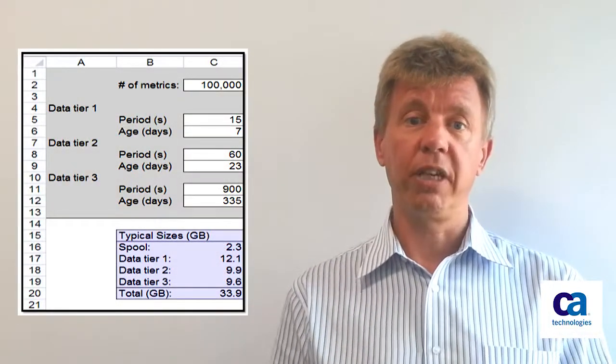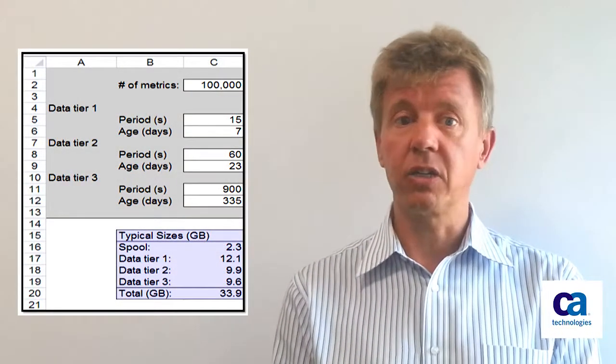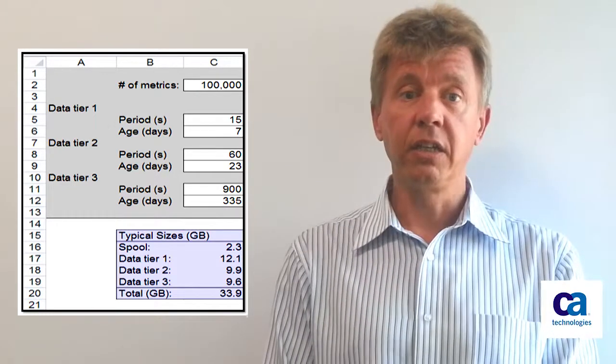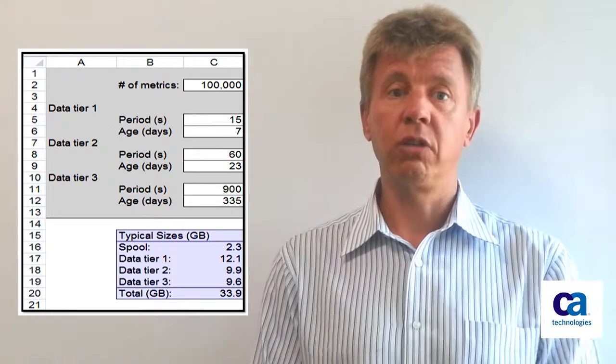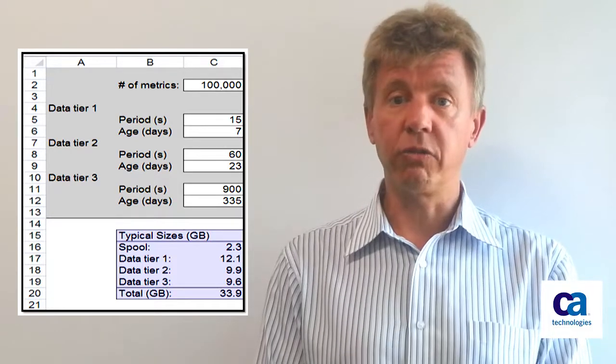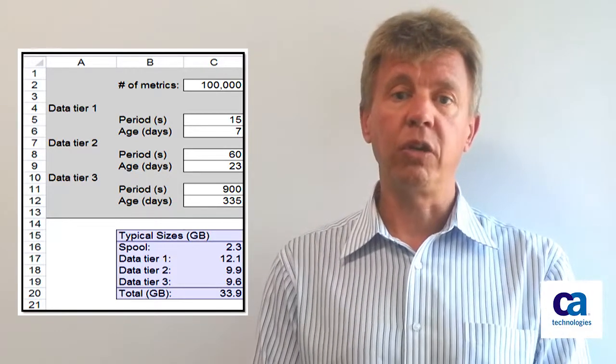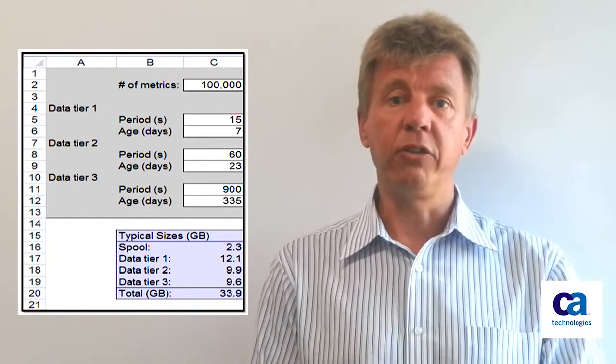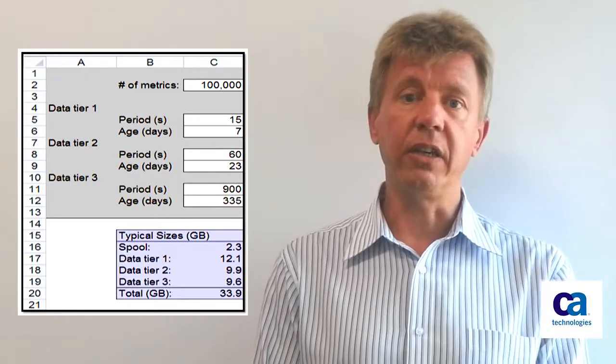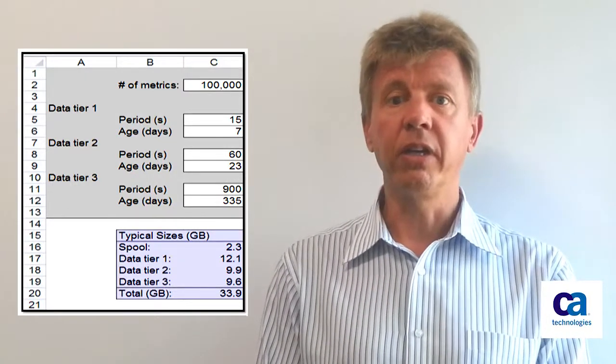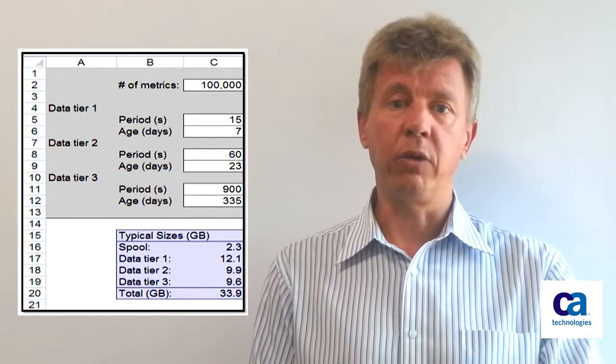It's part of your documentation package that you download from the CA support website. So you can actually size up your total SmartStor usage and how many gigabytes of storage you need for it. But that's also broken down into the data tiers as well. So data tier 1, 2 and 3, depending on how much granularity of data you want to keep as part